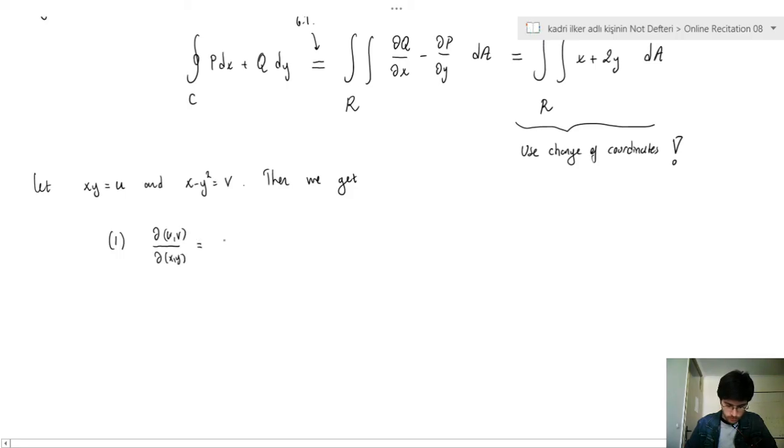This is just the determinant of the matrix: differentiate u with respect to the first variable and the second variable, and then differentiate v with respect to the first variable and the second variable. And this is the Jacobian, right? So when you compute this, we have something like this. But remember, at the end of the day, we take the absolute value, right? And hence, the area element